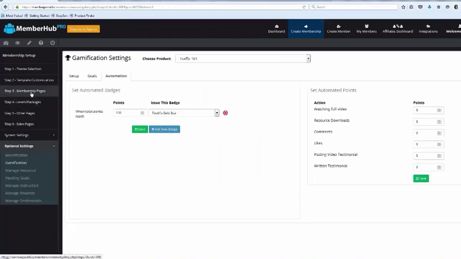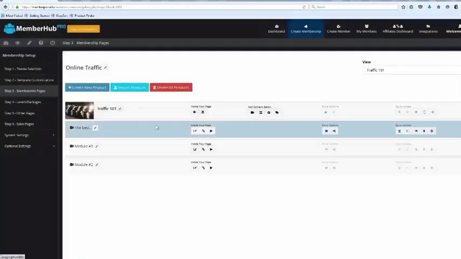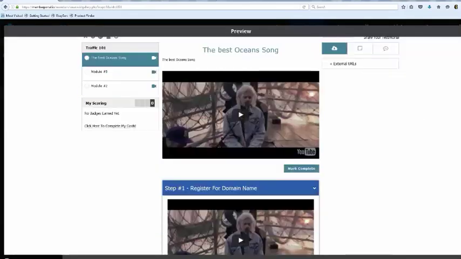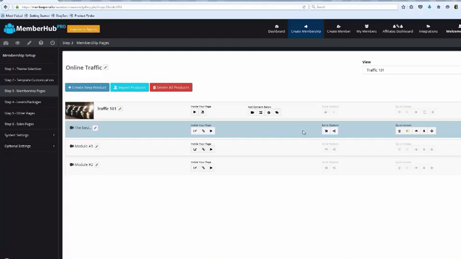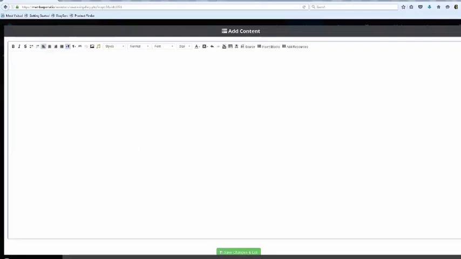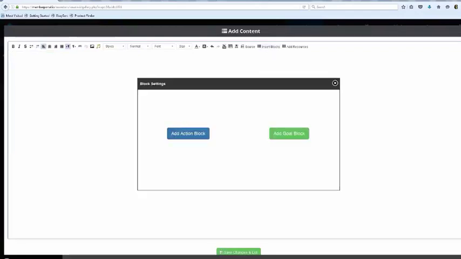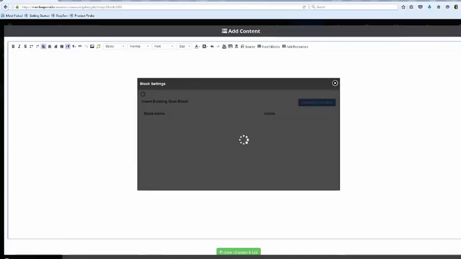Yes. So if we come back over here to step 3, guys, I'm going to have you walk down memory lane about an hour ago. Remember this right here. I think it was on this one. Remember when we created this action block? Well, watch this. I'm going to come back in there and edit this action block, and this time I'm going to get rid of this, but I'm going to come back over here, and instead of doing an action block, I'm going to create a goal block. And all I'm going to do is choose the type.